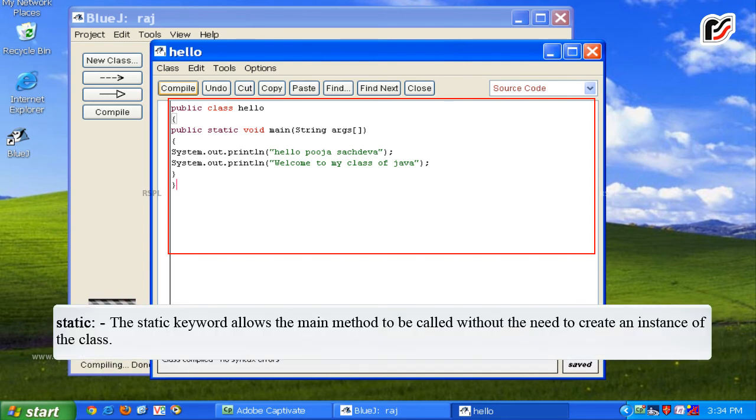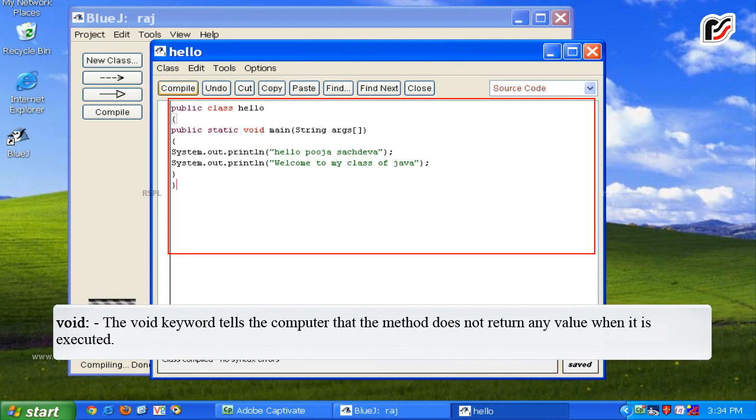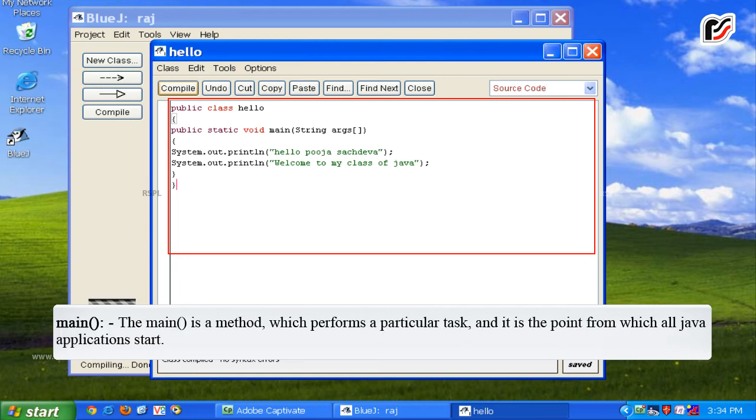Static. The static keyword allows the main method to be called without the need to create an instance of the class. Void. The void keyword tells the computer that the method does not return any value when it is executed. Main.